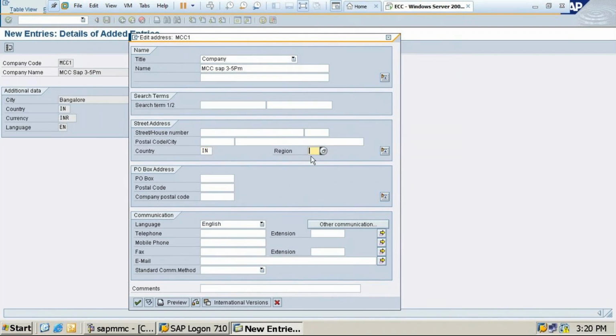Now, when I created a company, I only created company there. But with the country I specified, I also want to specify under India which state I am in. So you should represent the state, that is region. Here you will type the code of the state. If I don't know that, I click on this pop-up button. Every state has its unique code.